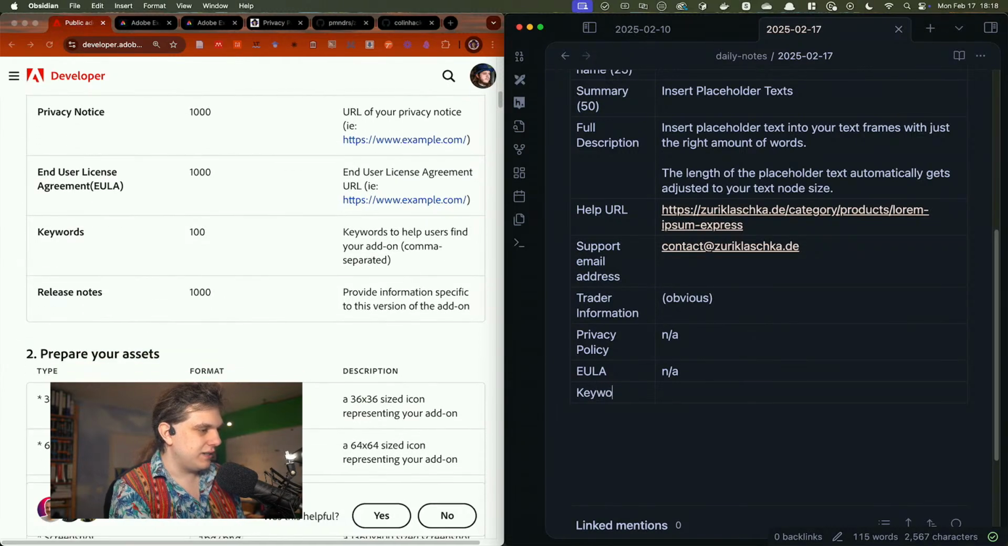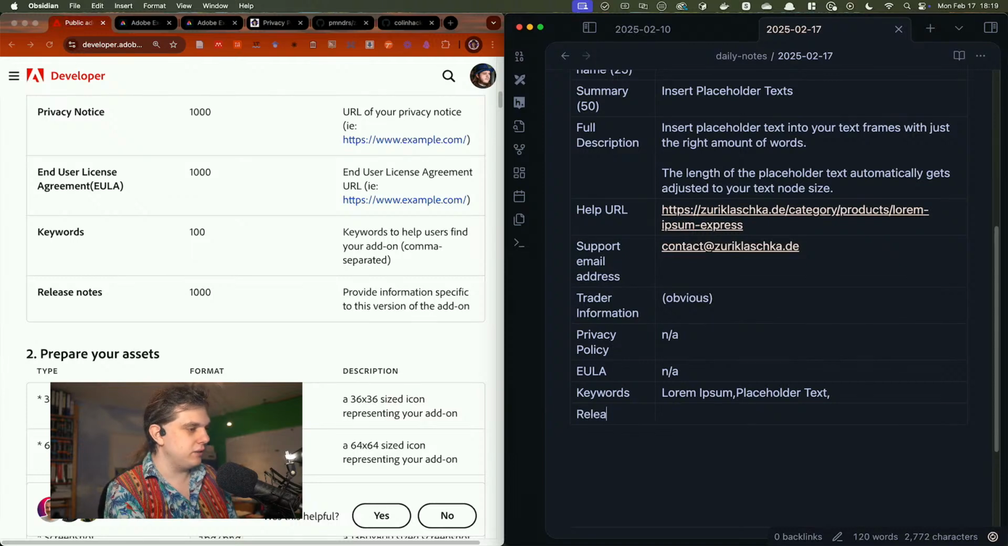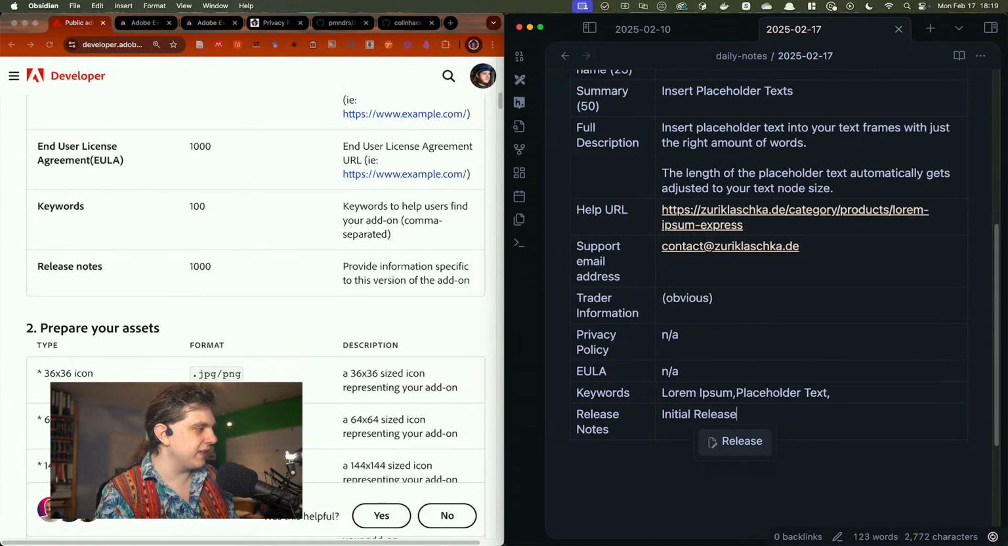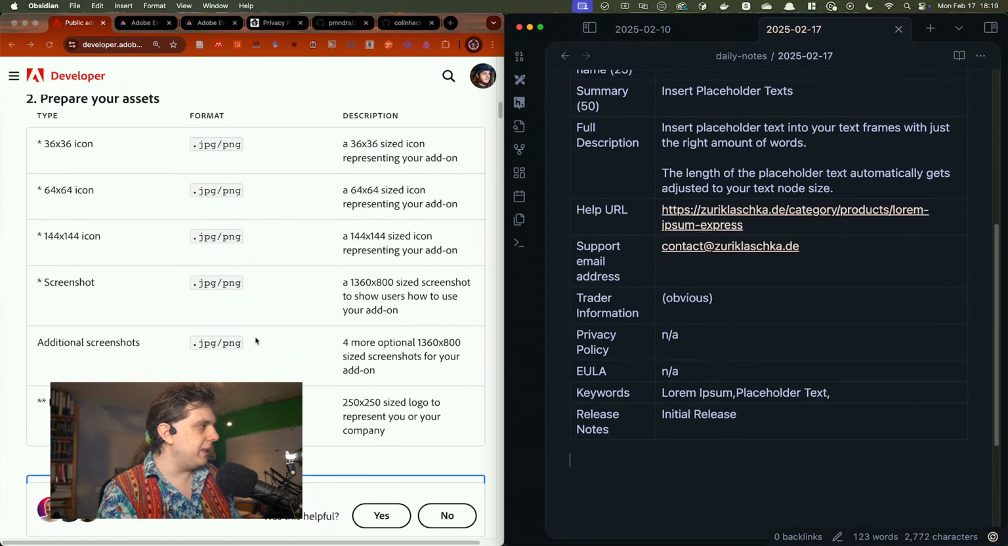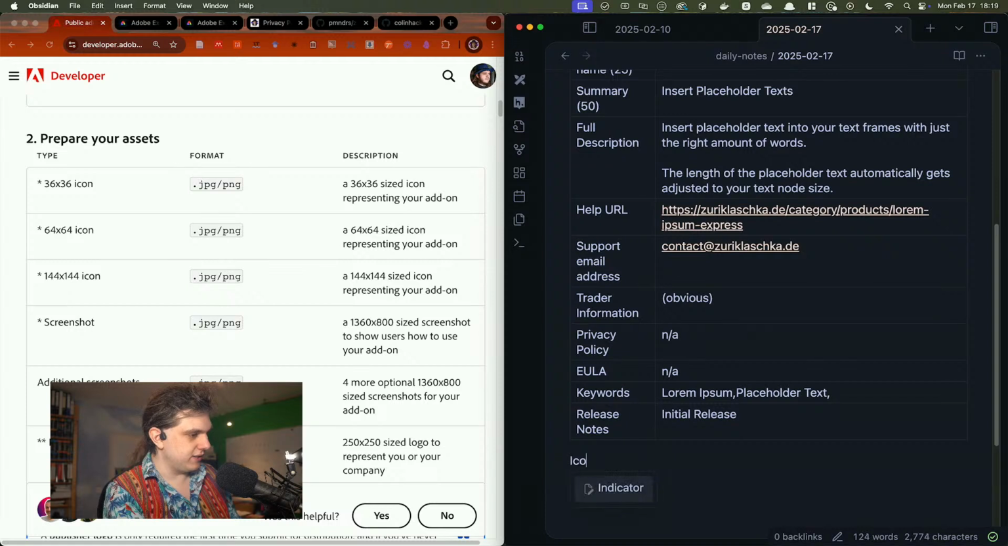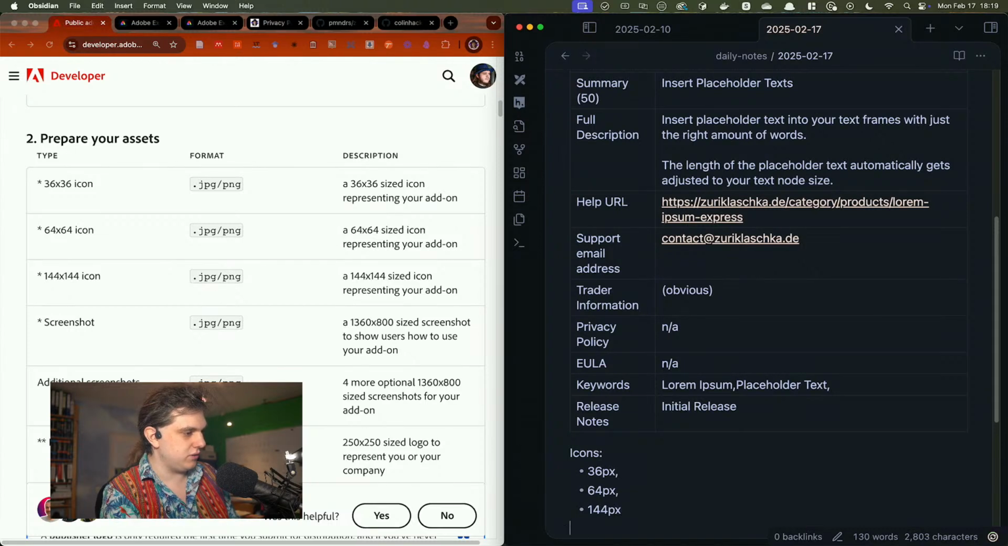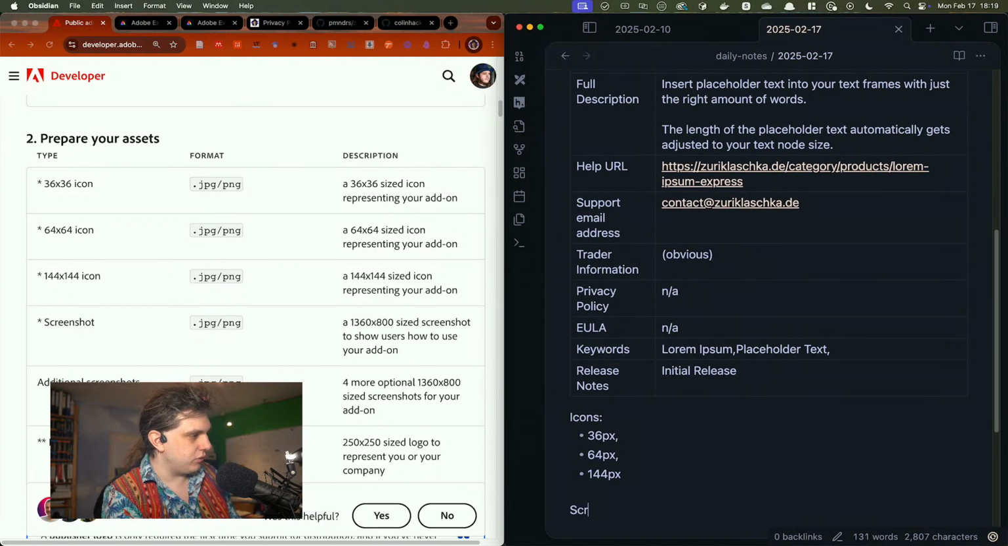Keywords, comma separated: Lorem Ipsum, placeholder, text, and other stuff. I can still think about that. Release notes: initial release. Perfect. And then we need assets. So what do we need there? We need icons: 36 pixels, 64 pixels, 144 pixels. And then we need a screenshot,